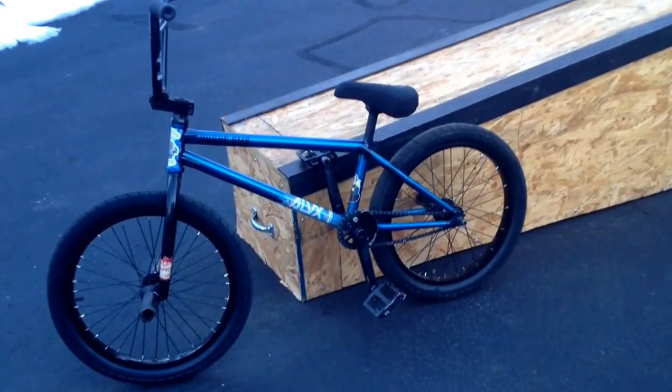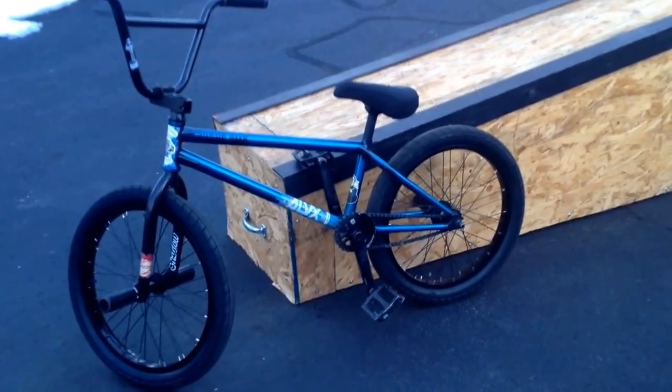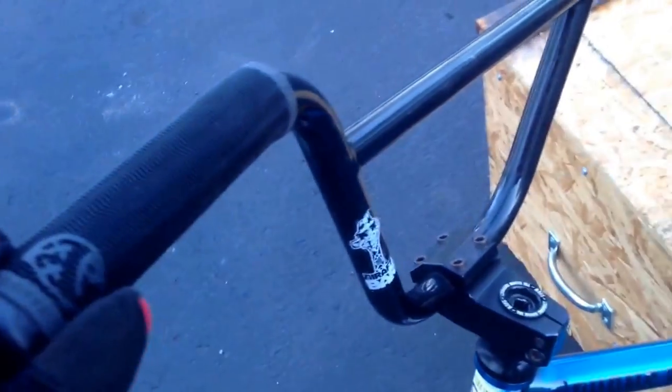I haven't done a bike check in a while, so this is my new frame. It's the BSD Alvx in trans blue, so I'll start in the front. Just the BSD Dan Paley slims,